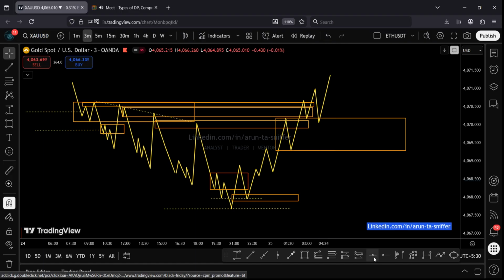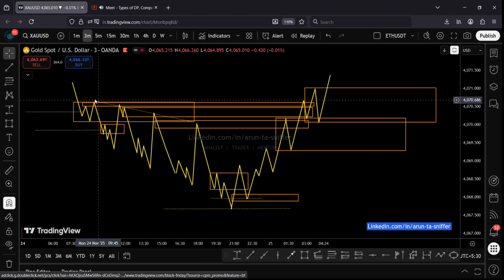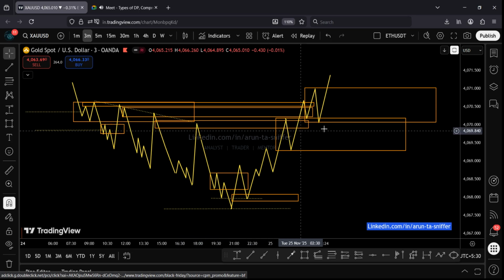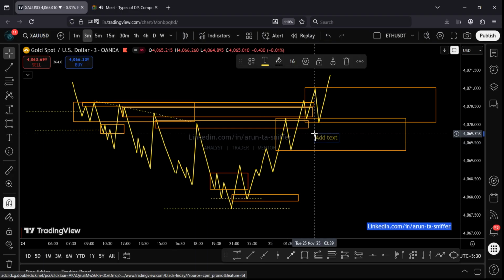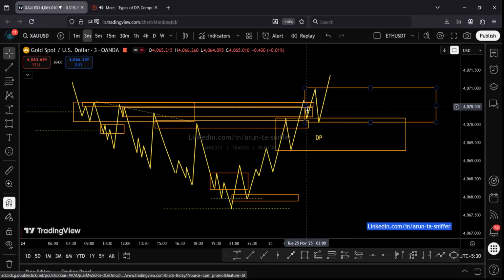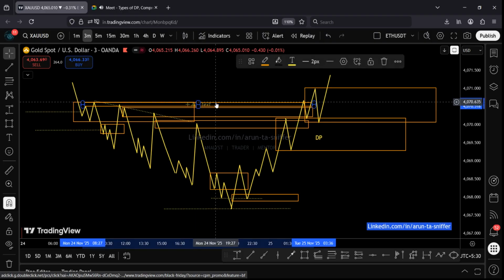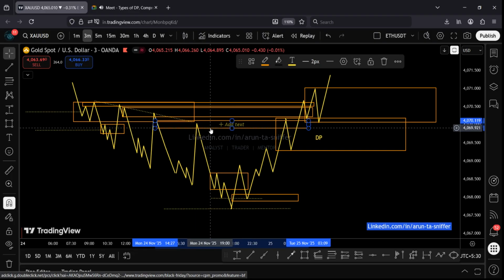And then PCP. So usually what happens, the engulf of post CP from here to here works as the DP. This one will work as a DP, and when price crosses this, it will come back to this DP. If it doesn't reach this DP, what will happen? This will work as a minor FTR. So I will delete these zones so you can see this clearly.